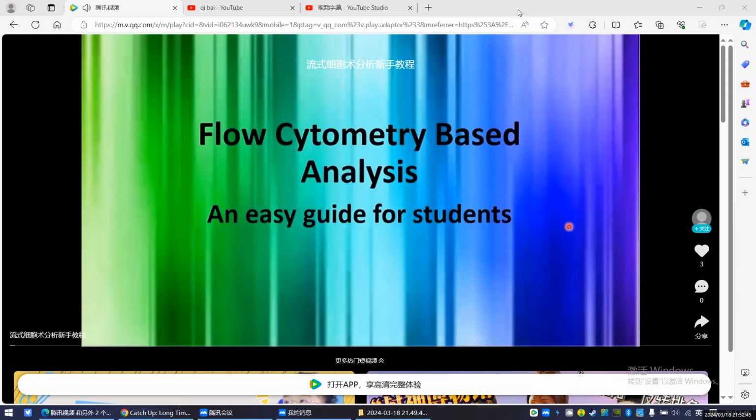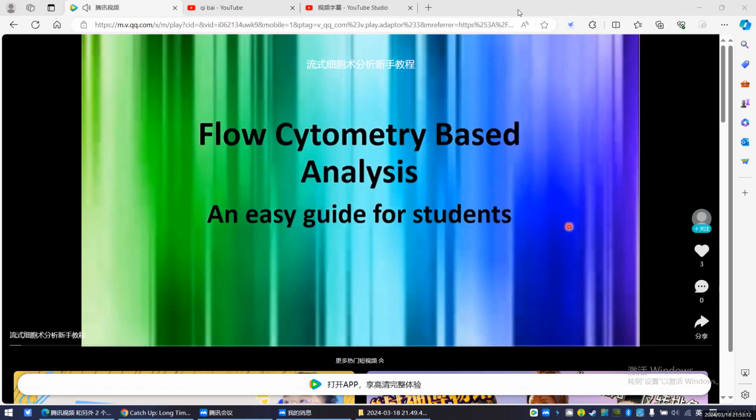It's an amazing and a very important technique of cell biology, immunology, molecular biology. And I always say, when people ask what is the limitation of flow cytometry, or what is the application limitation of flow cytometry, then my answer is always imagination is your limitation. So today we are going to discuss flow cytometry based analysis,